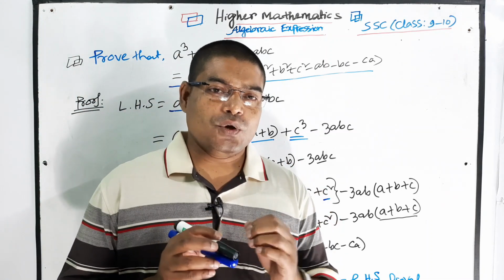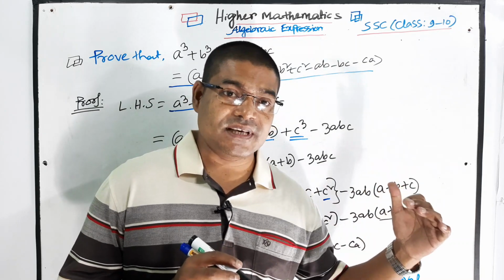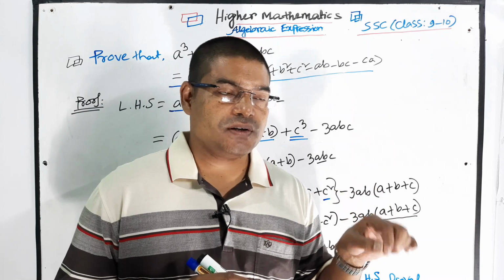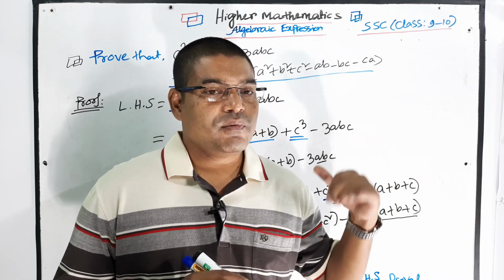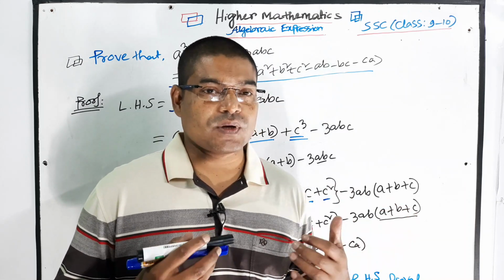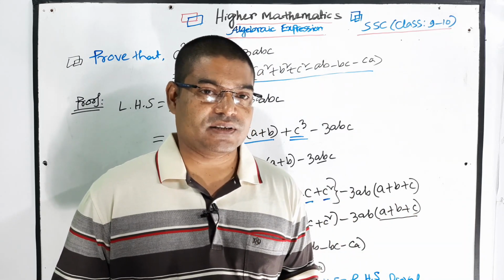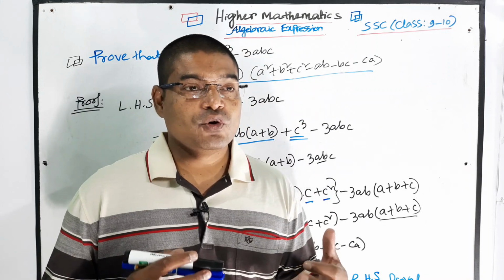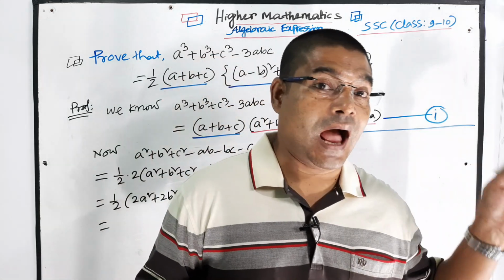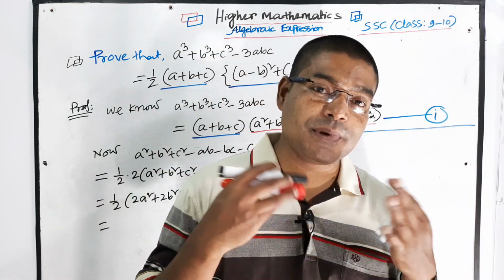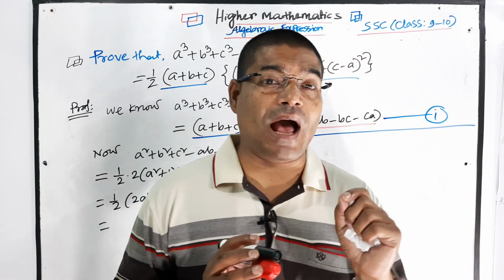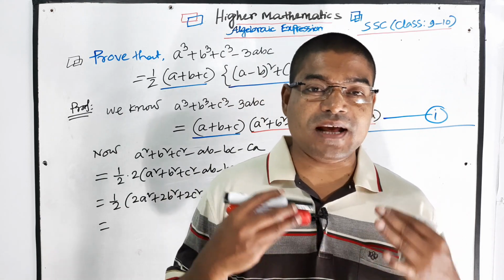a cube plus b cube plus c cube minus 3abc equal to half into (a plus b plus c), second bracket started, (a minus b) whole square plus (b minus c) whole square plus (c minus a) whole square. This is also very, very important. Then next lecture we will start various types of maths. So you can see here is half and (a minus b) whole square, (b minus c) whole square plus (c minus a) whole square. So first you have to write, we know the a cube plus b cube plus c